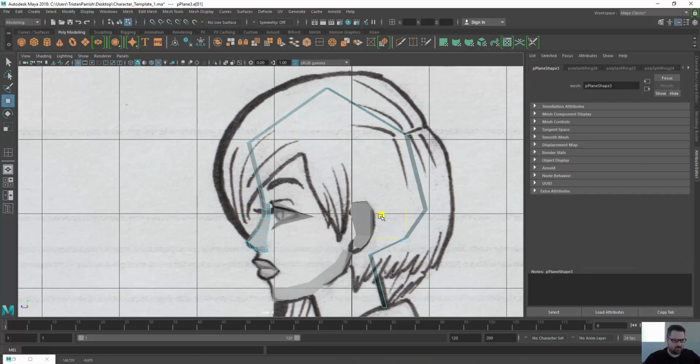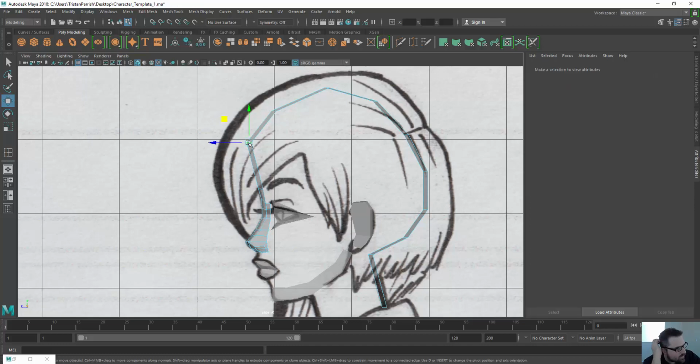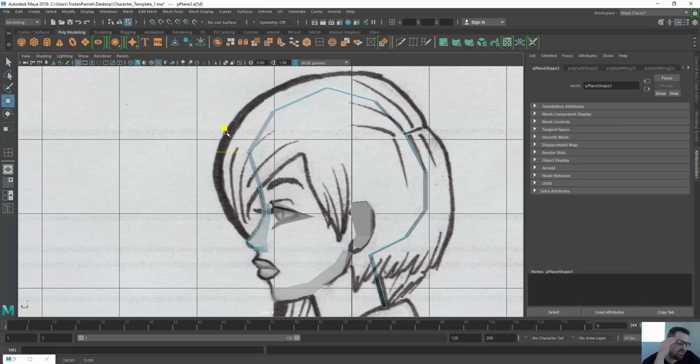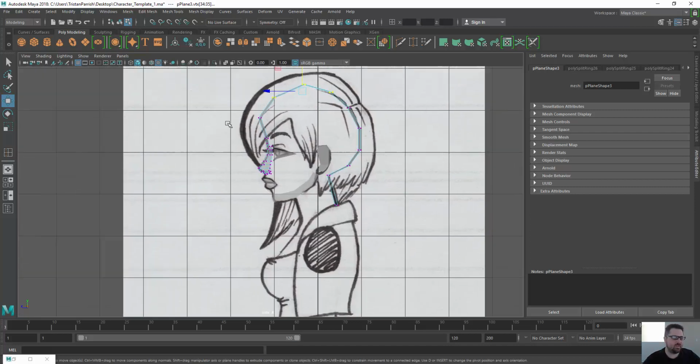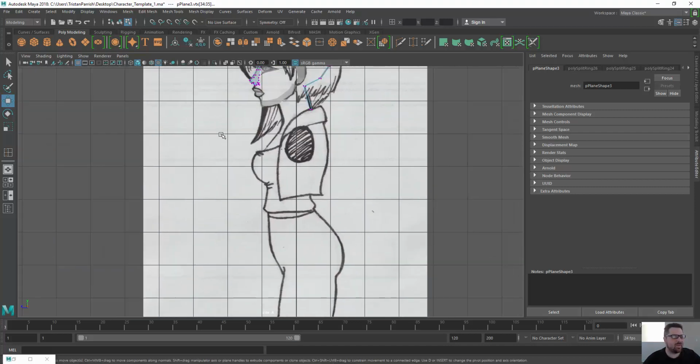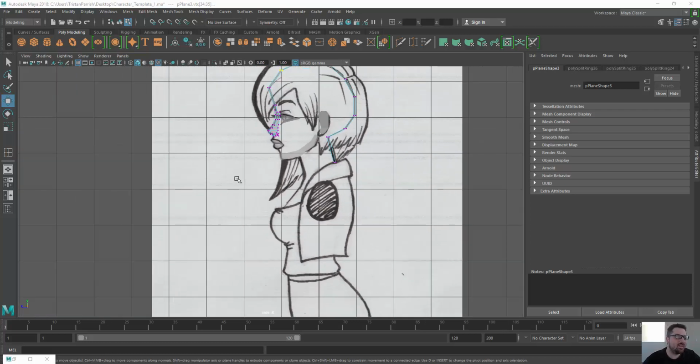And then I can just start nudging these to improve the overall accuracy of the shape of the head. And again, it's going to be kind of funny because she's a cartoon character, so I may not be 100% accurate with her head. I would have had to pay a lot more money for this piece to make sure that I got the X-ray projection of what the head would look like. And